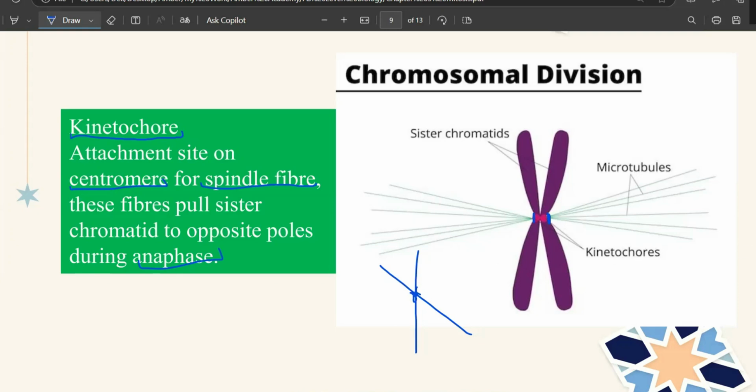ठीक है, this is it. You are not expected to write about kinetochores or about the function of kinetochores. You are just expected to draw a diagram of kinetochore. ठीक है, make sense? यस।